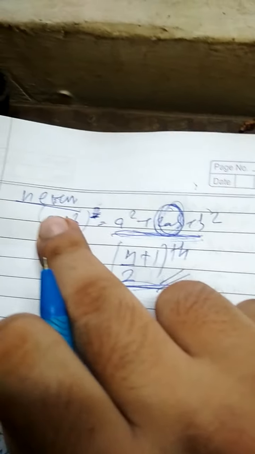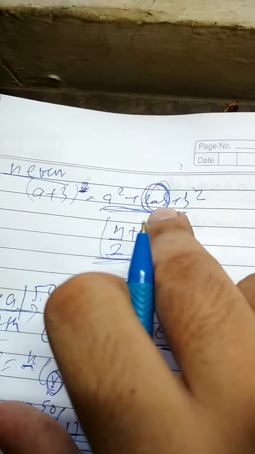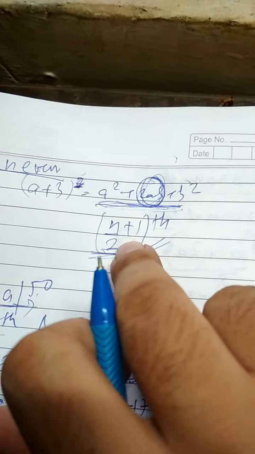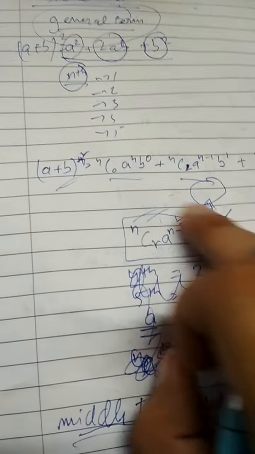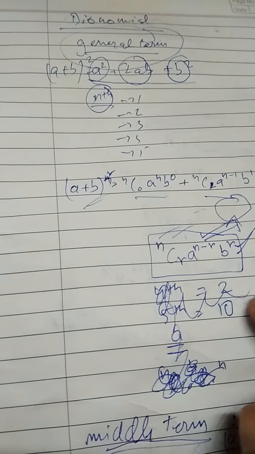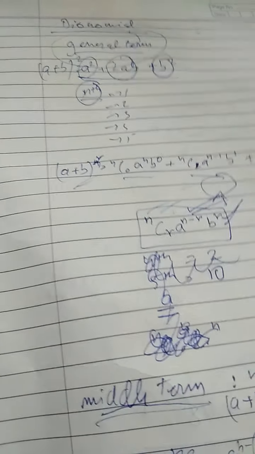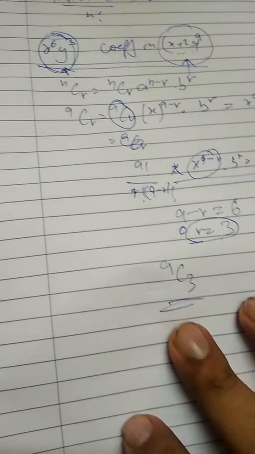If n is even, then there will be an odd number of terms and we will have only one middle term, and it will be given by the (n by 2 plus 1)th term. So we just need to learn this expression in the chapter, that the rth term is given by this, and we need to keep substituting these values in our equation and keep getting our answers. Okay, so now solve the corresponding exercise to this section, and this is the last exercise of this chapter.